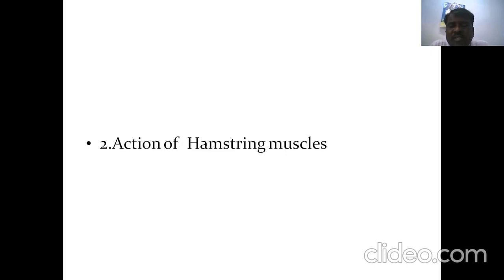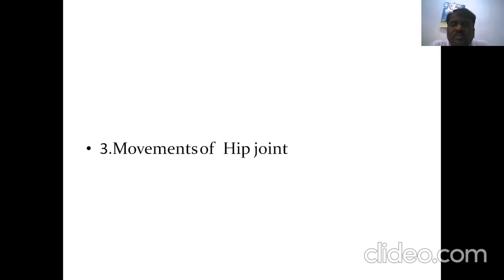So the main action is flexion at the knee joint and extension at the hip joint. These act as hamstring muscles, but unlocking of the knee joint is done by the popliteus. If you continue the full flexion, then it takes the hamstring muscles. Nerve supply is the tibial part of the sciatic nerve.